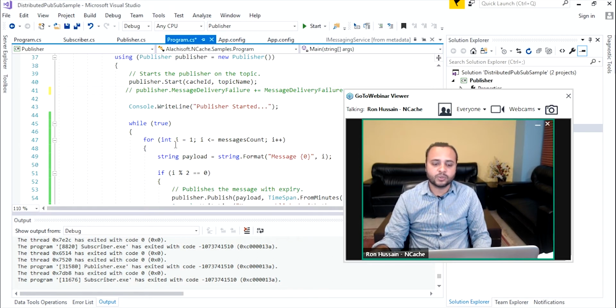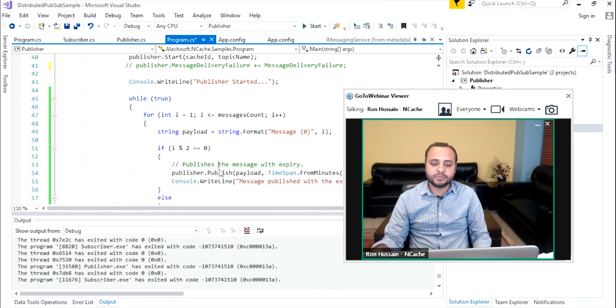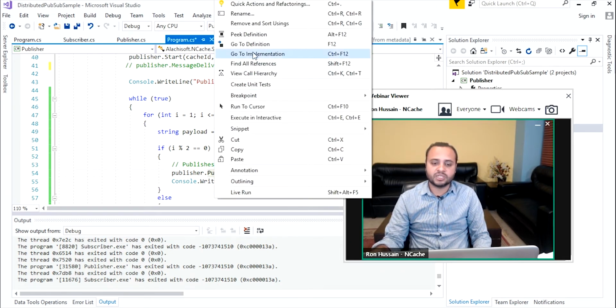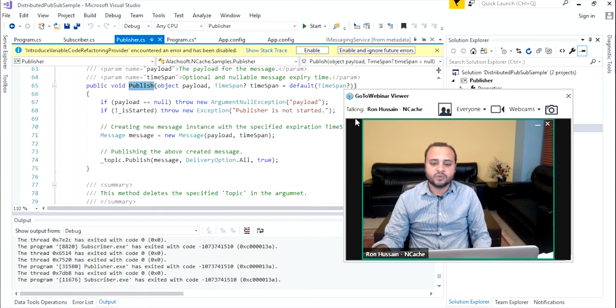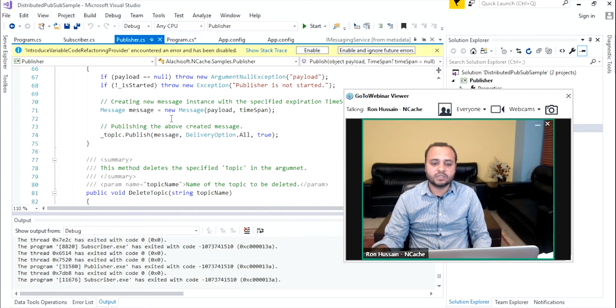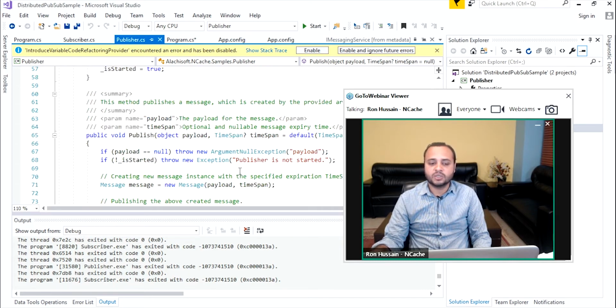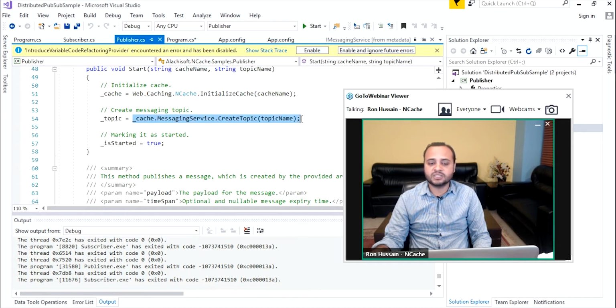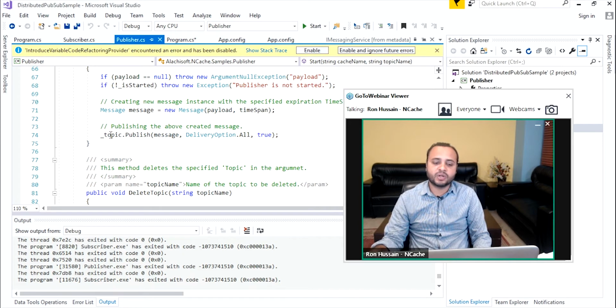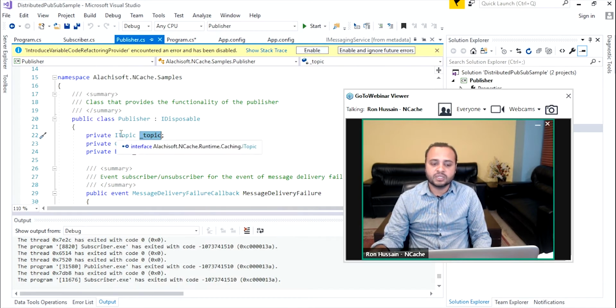And then we have a publish method, which is a custom method for this application, a wrapper for this. Inside that, what we're really doing is constructing a message, and then we're using topic.publish message. This returns a handle to that topic, and topic.publish is an actual method. If I quickly show you right here, this is an ITopic interface,